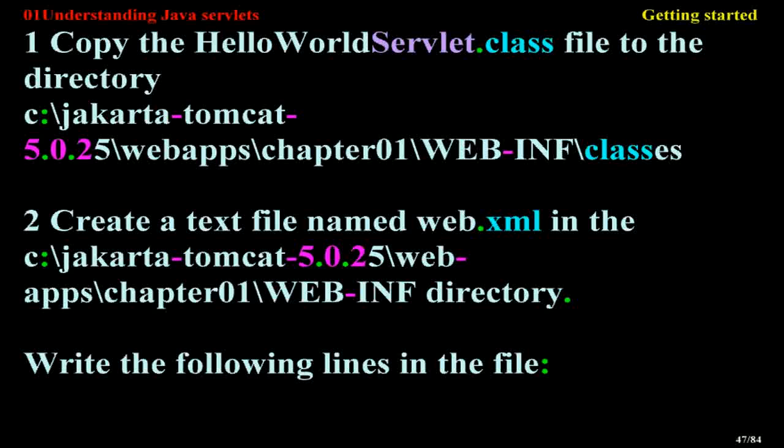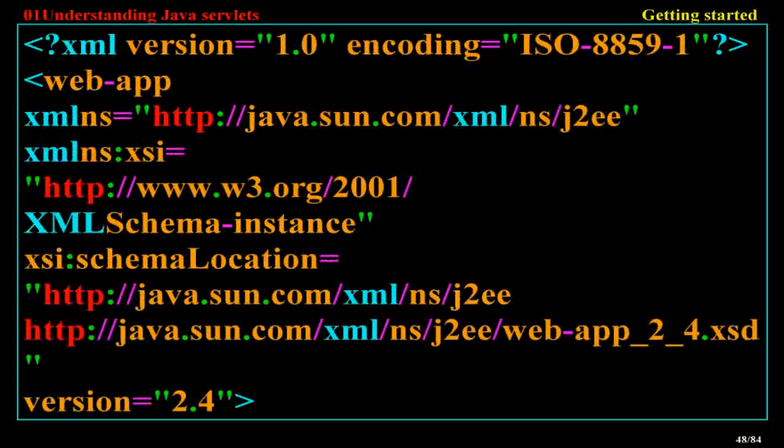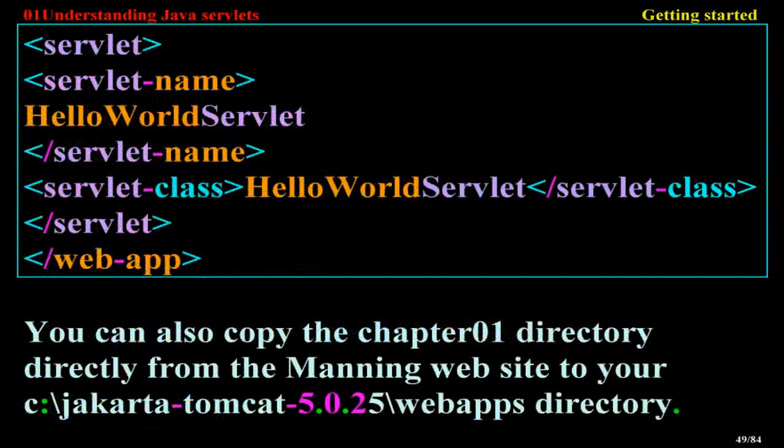Write the following lines in the file. <?xml version="1.0" encoding="ISO-8859-1"?> <web-app xmlns="http://java.sun.com/xml/ns/j2ee" xmlns:xsi="http://www.w3.org/2001/XMLSchema-instance" xsi:schemaLocation="http://java.sun.com/xml/ns/j2ee http://java.sun.com/xml/ns/j2ee/web-app_2_4.xsd" version="2.4"> <servlet> <servlet-name>HelloWorldServlet</servlet-name> <servlet-class>HelloWorldServlet</servlet-class> </servlet> </web-app>